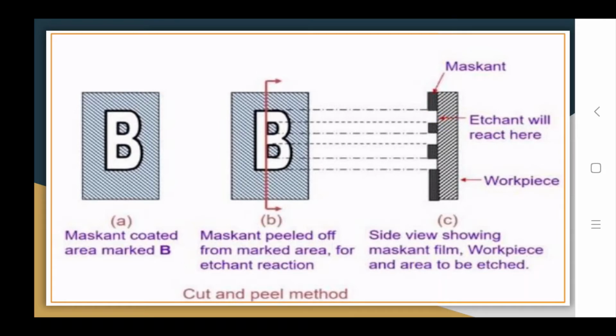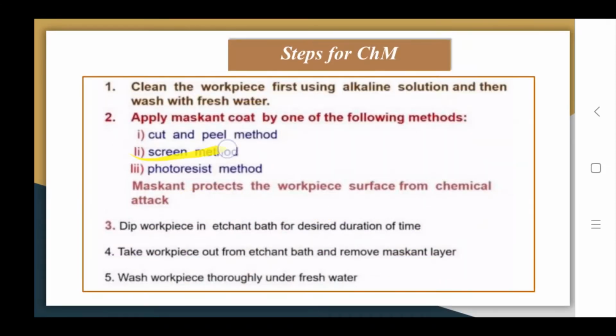It is clearly shown in this side view, showing the maskant-coated workpiece and the area to etch. This kind of masking can be done either by the cut and peel method or by the screen printing method.